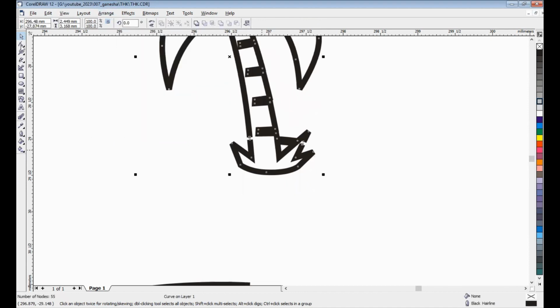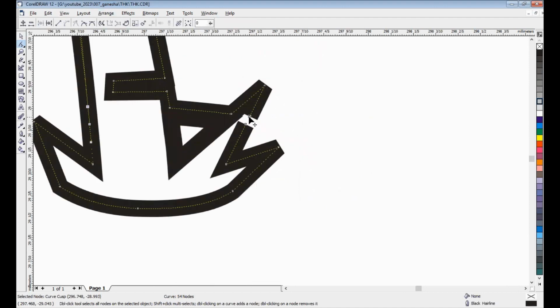After that, choose the shape tool and drag this node. After that, we can join two nodes. Yeah, here too. Okay, join.